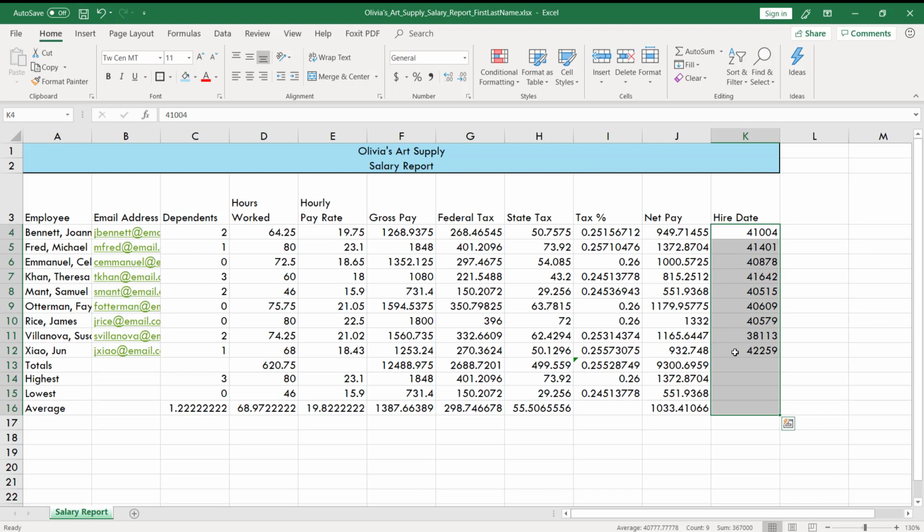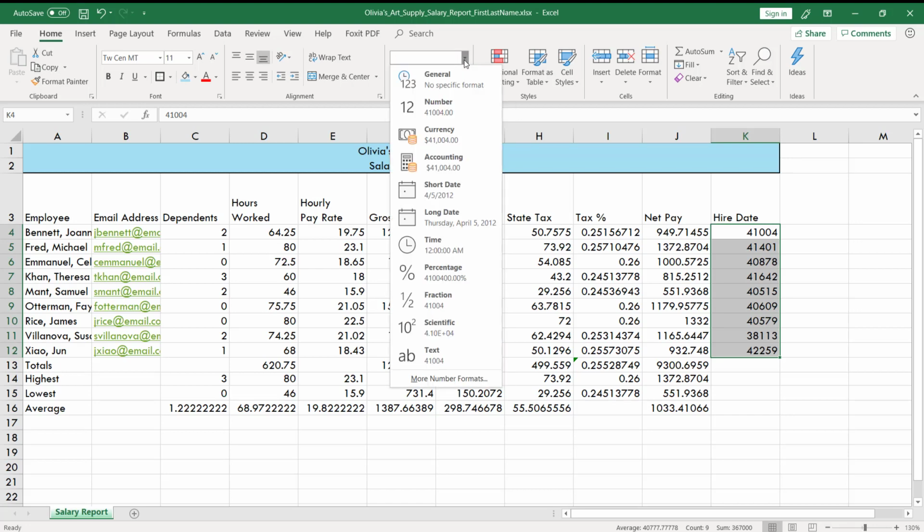But obviously they don't look like dates, so I want to format them like a date. So I will highlight the cells that I want to format, which are starting here, and then going down here. And right now it says General here under the Home tab, this section here. I can hit this pull down next to general, and I have a bunch of options, and I've shown this